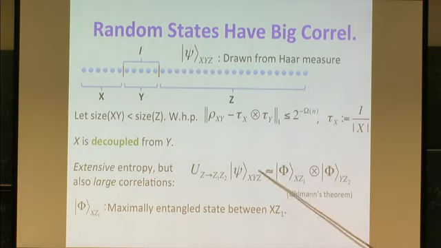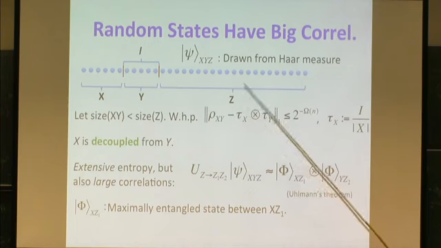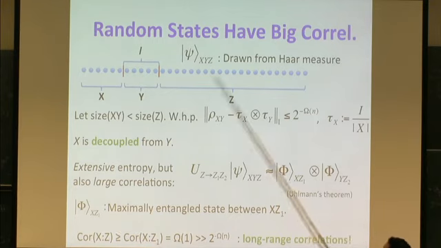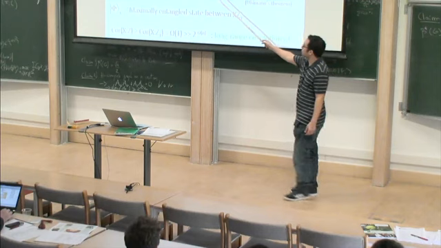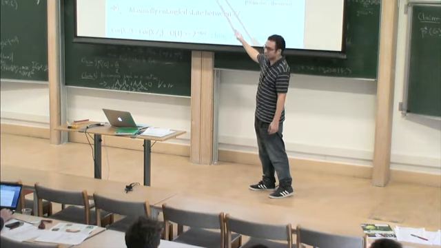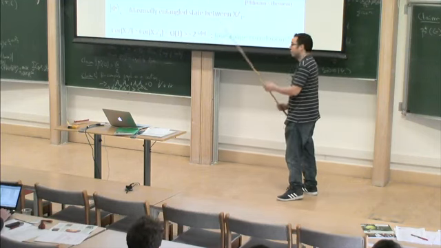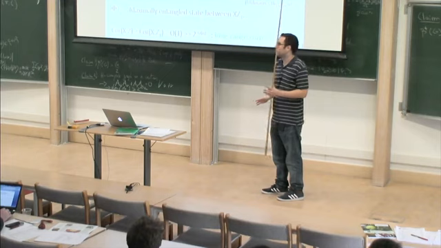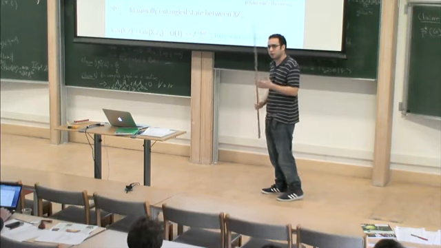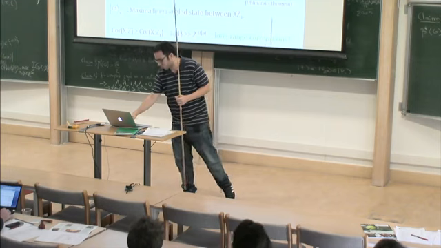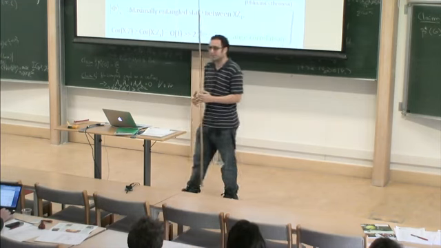We know they are approximately related by some isometry acting on z only. So the correlations between x and z are of course bigger than the correlations between x and the subsystem z1, where the state is maximally entangled, so they are of order 1. This shows that we actually have long-range correlations here: x and z are separated by L, but the correlations are still constant. So there's no exponential decay of correlations here. Maybe this is boring, because why do we care about random states if they don't have exponential decay of correlations? But what happened here gives a hint for the idea we should explore.